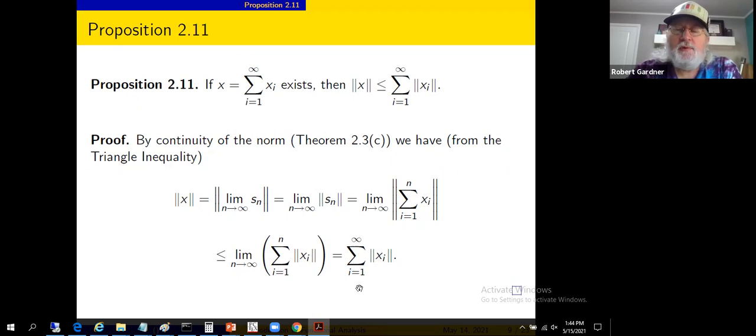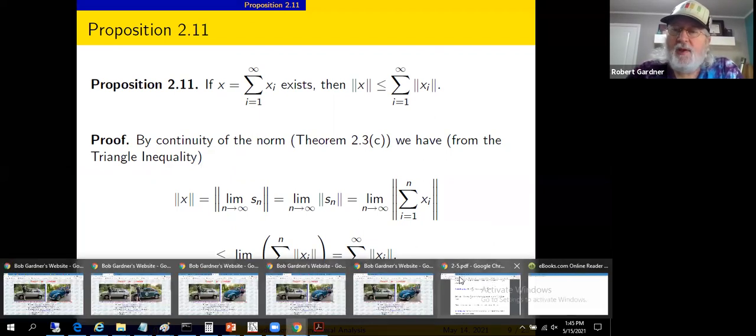Does it converge? Well, not necessarily. It could diverge, but if it diverges as a positive term series, it would diverge to infinity. In which case, we've trivially got the norm of x is less than or equal to infinity. It's legitimate to write infinity here because whenever you see the infinity symbol, you know we're dealing with limits in some sense. Limits can be infinite. Numbers are not infinite, but limits can be infinite. So we didn't put any constraints on the convergence of this. It could well be that this diverges to infinity, in which case this is a fairly uninteresting observation, but it's still true. Back to the notes.